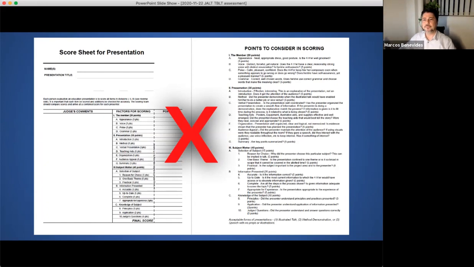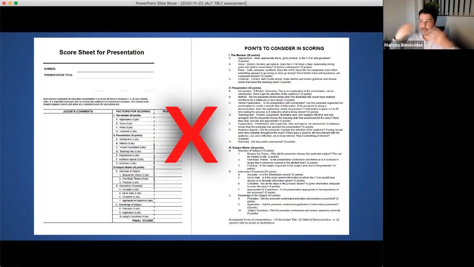They're too complex to use in the day-to-day. You might use it for something like a speech contest. But if you look at the items and you consider the cognitive involvement that a judge would need to apply to be able to judge a particular performance, it's highly complex.